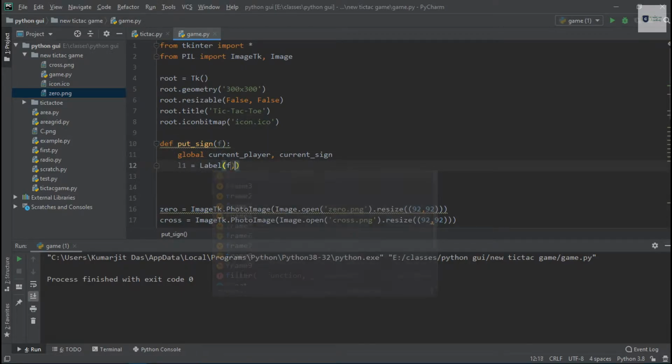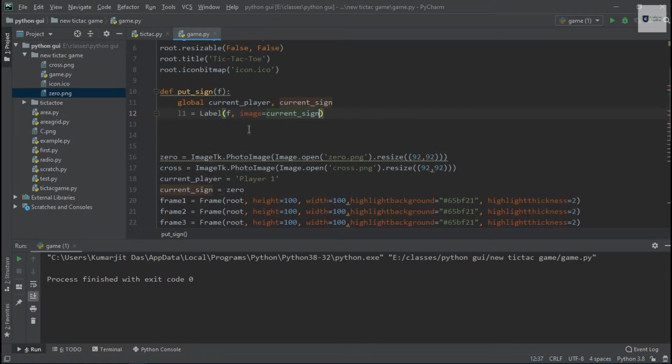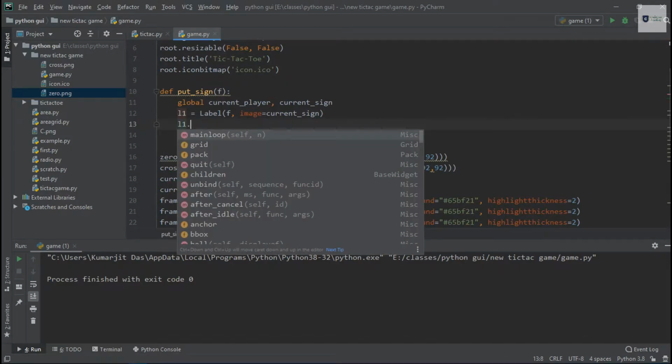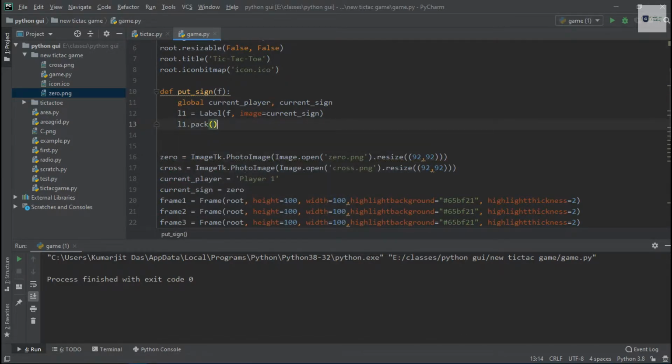So we'll put this in f, and the image property will have the value of the current sign. Whatever value the current sign variable is holding, the image will have this value. So the current sign will be put in the current label, and this label will be shown in the currently clicked frame. Let's pack this by using the pack function, so we can make this visible in our currently clicked frame.